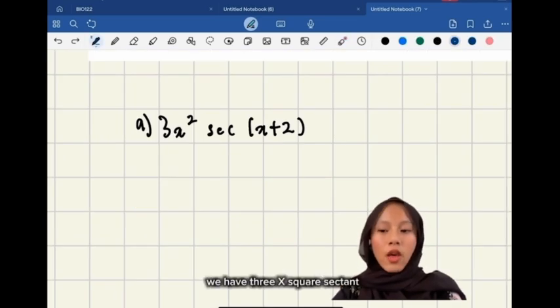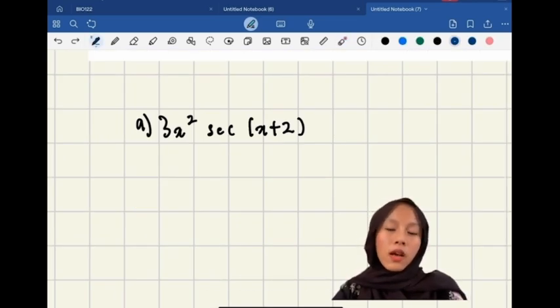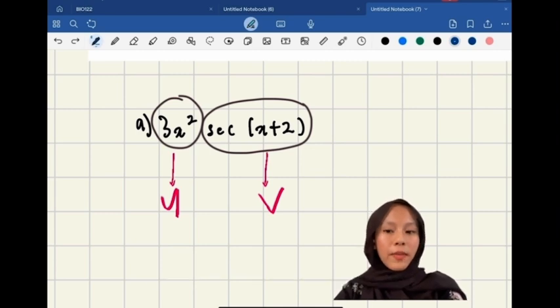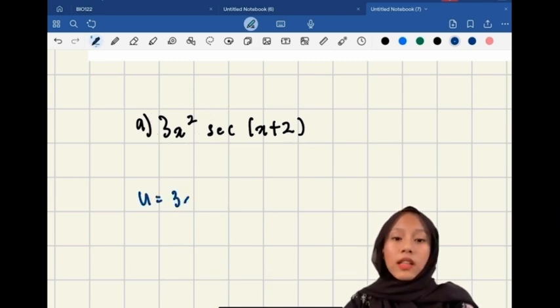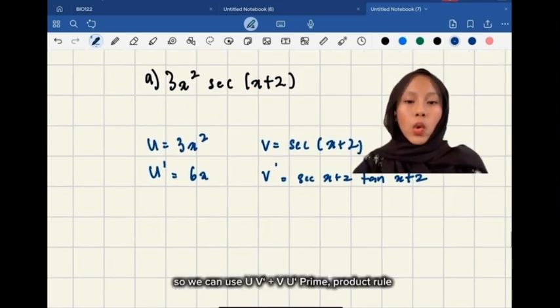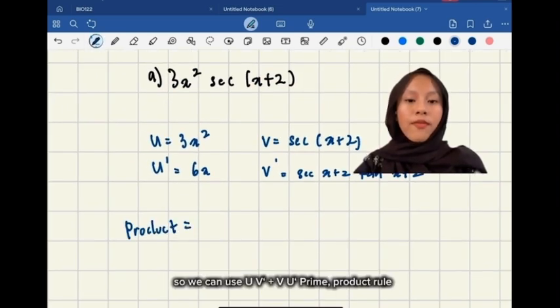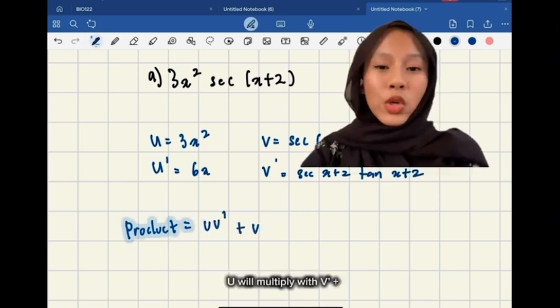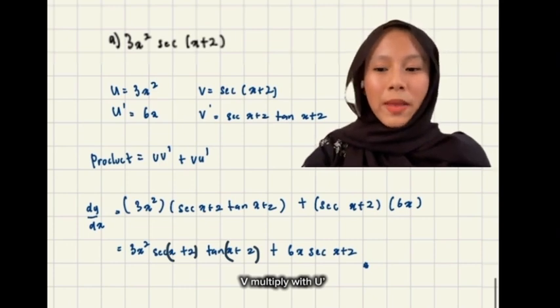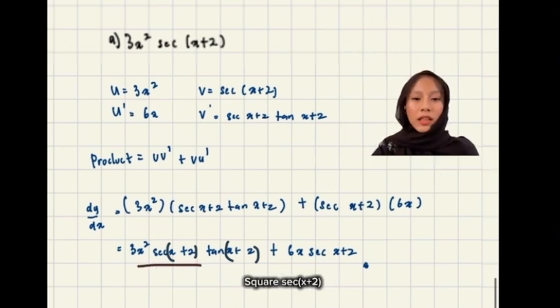For question A, we have 3x squared secant in brackets x plus 2. The first part is we need to choose which one is u and which one is v. After that, we need to find the derivative of each function. Because this question is a product, we can use the product rule, u v prime plus v u prime. U multiplies with v prime plus v multiplies with u prime. The final answer is 3x squared secant in brackets x plus 2 tangent in brackets x plus 2, plus 6x secant